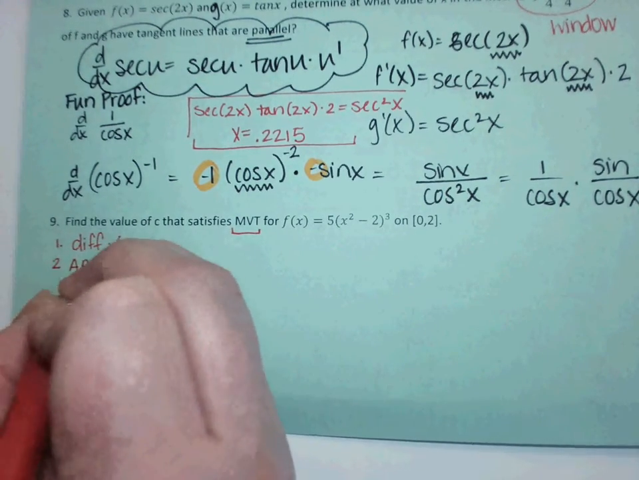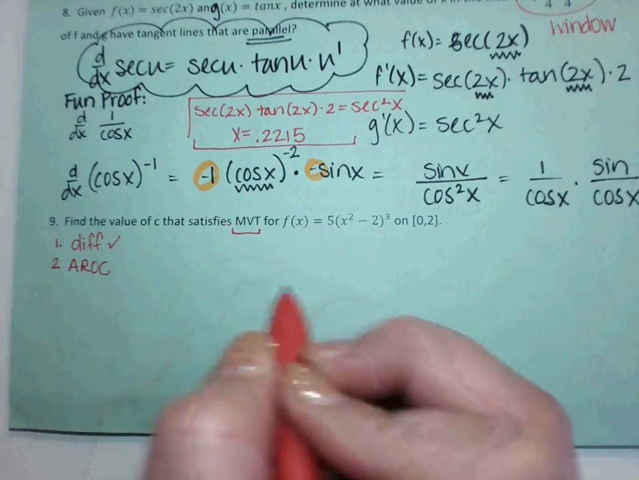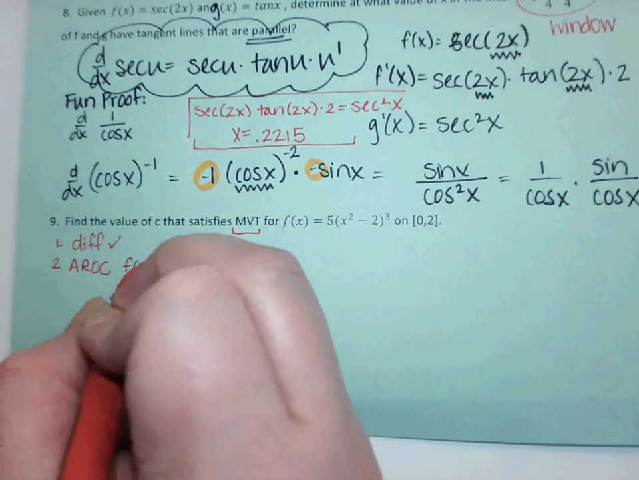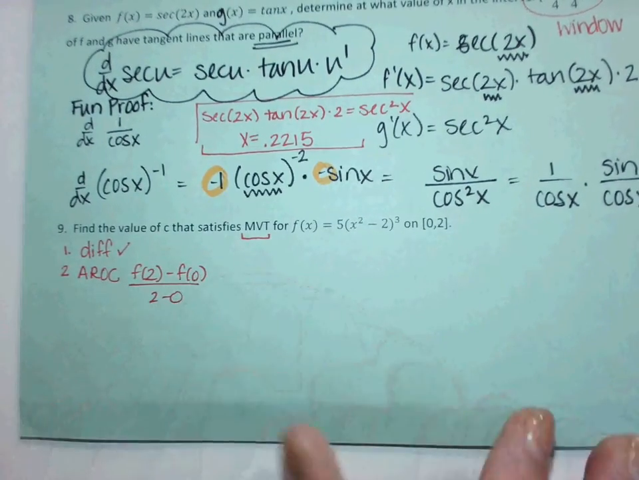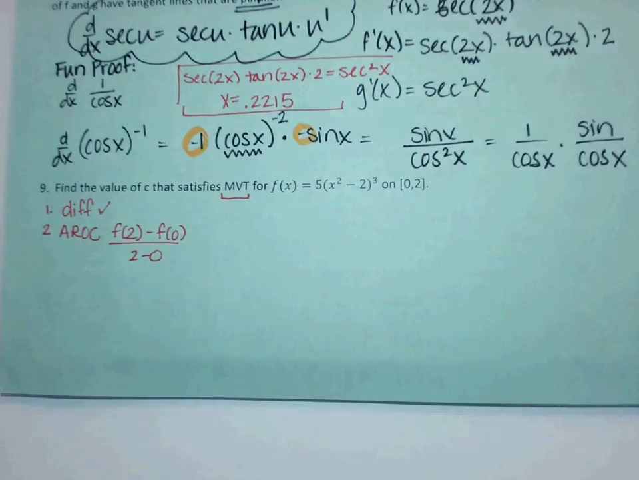You remember this guy? So we're going to do f of 2 minus f of 0 over 2 minus 0. So f of 2, plug in right here. What's 2 squared? 4 minus 2 is 2. 2 cubed is 8. 8 times 5 is 40. So my first term is a 40